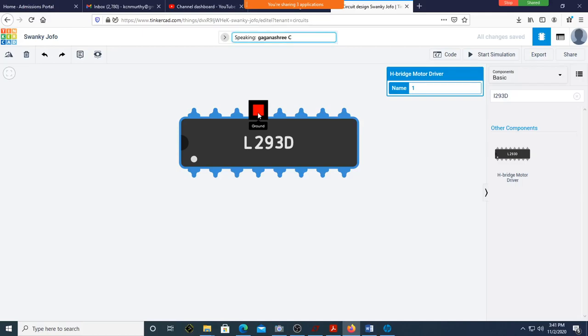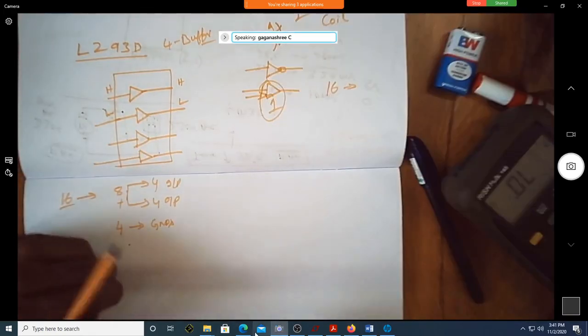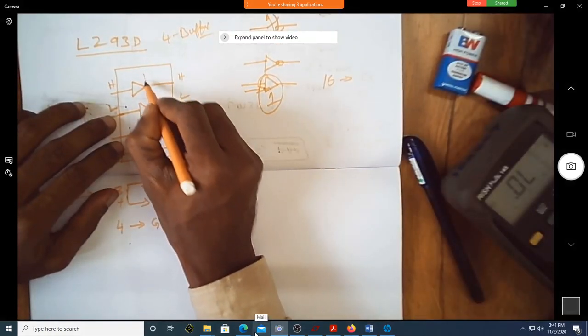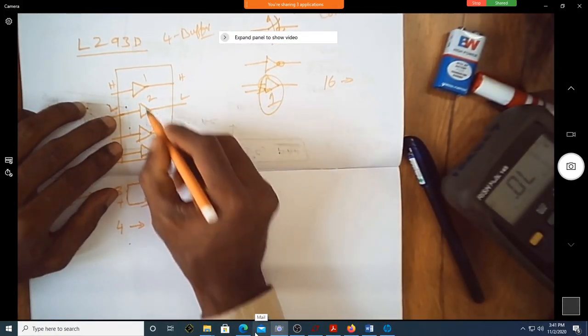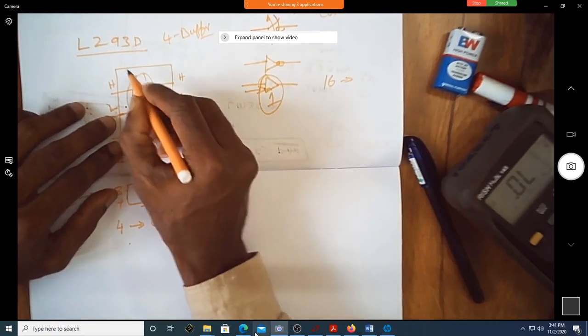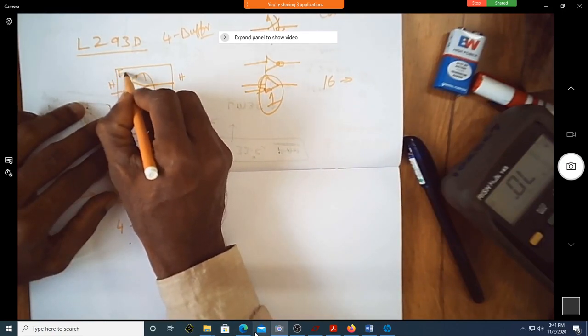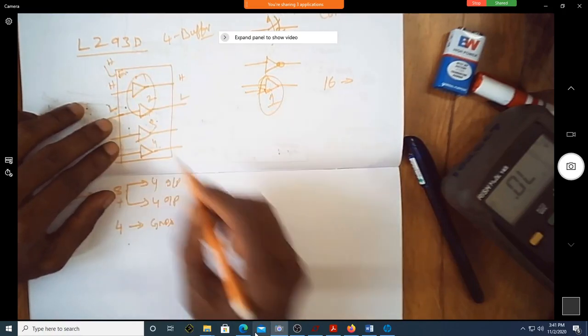Four more are required. Out of that, you have these buffers, and these buffers will be enabled only when pin number 1 is made high. Can you see this is enable 1 and 2? Meaning these two buffers will be enabled only when the enable pin is made high.